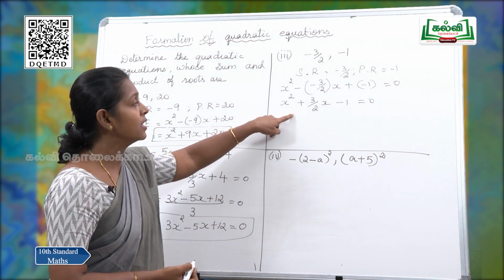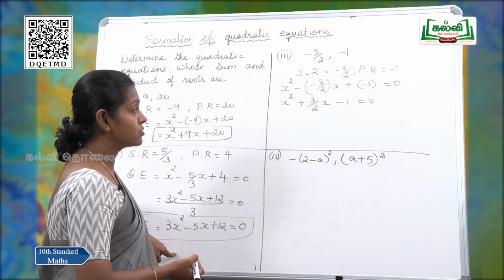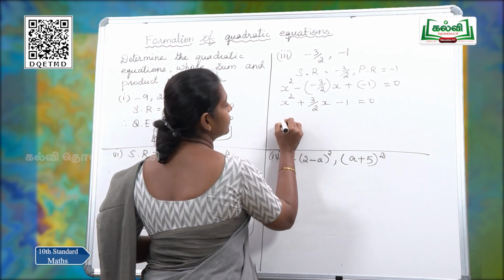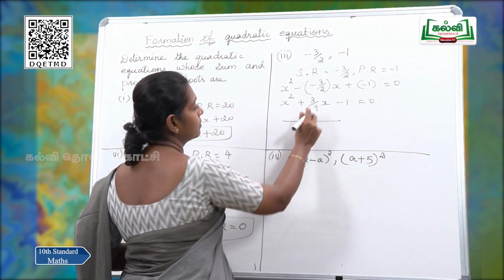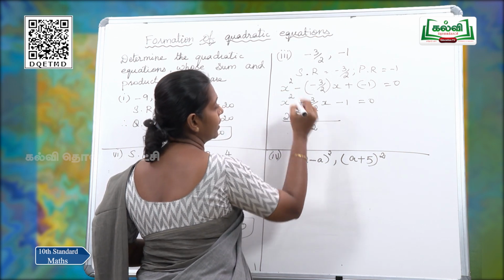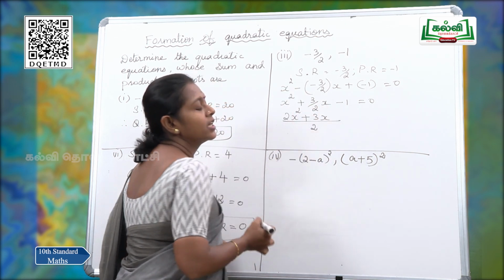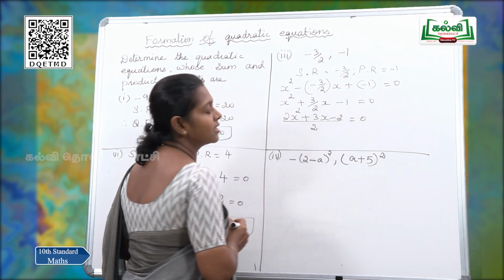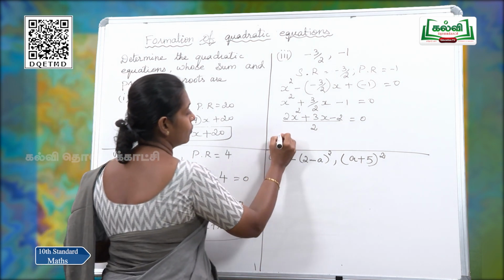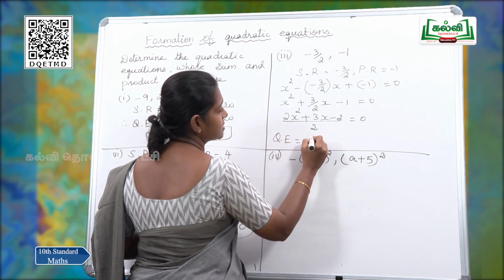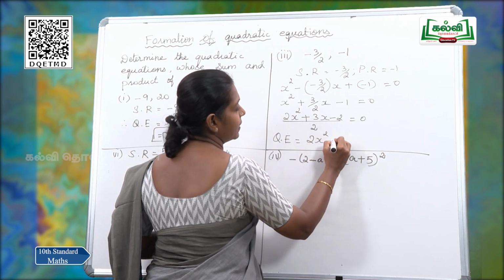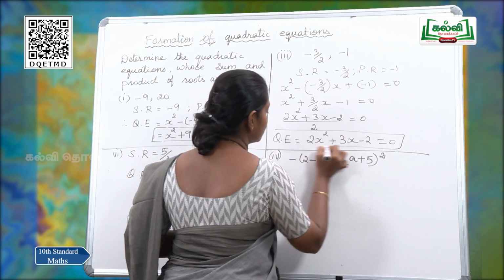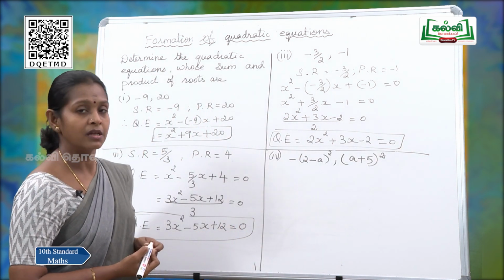We have got the same kind of question we used in the previous question also. So, this should be solved like the previous question. Now, take LCM for this. What will you get? 2. Multiply with this, you will be getting 2x squared, and here 3x. If you multiply this minus 1 with 2, you will be getting minus 2. If you take this 2 that side, it will be 0. Therefore, the actual quadratic equation is 2x squared plus 3x minus 2 equal to 0. Always you have to highlight the final answer.